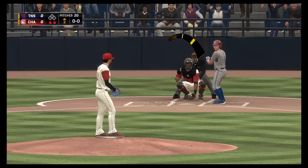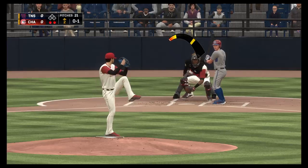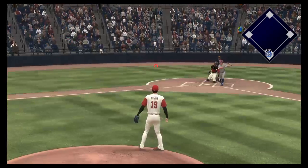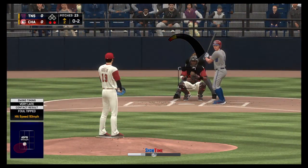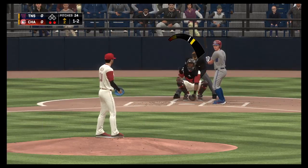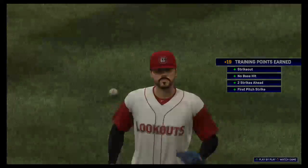Digging in now, number 4. The early season numbers look very good as he is up over .400 here to begin the campaign. Into the windup, here comes the 0-1. Late that time for a strike. And he just gets a piece there as this is chopped foul. Still looking for our first hit in the ball game. Good job of holding up on the low ball there, and it's 1-2. Struck him out, so he makes quick work of him here. 3 straight strikeouts, and the side